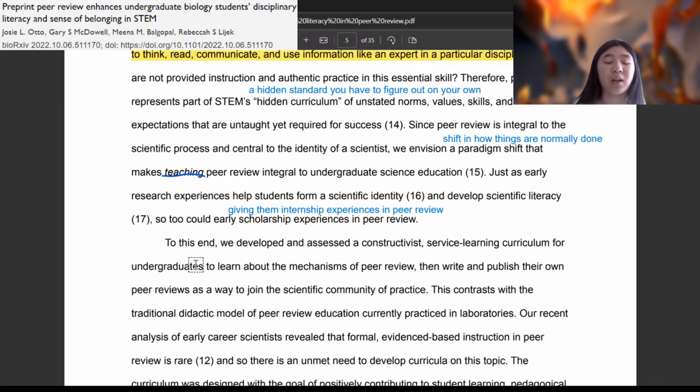So right now, peer review is mostly controlled by scientific journals. And obviously someone has to do the work of reviewing the research. So journals will recruit other experts to help look at a research article. And so basically this is saying that journals should provide internship experiences to help teach them peer review and get some hands-on experience reviewing articles.